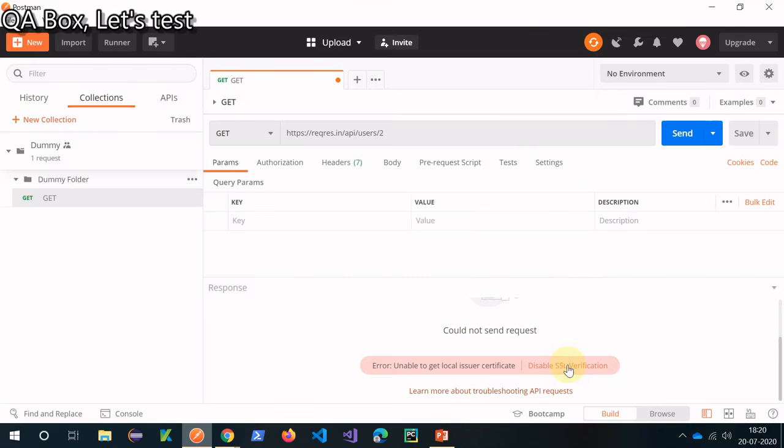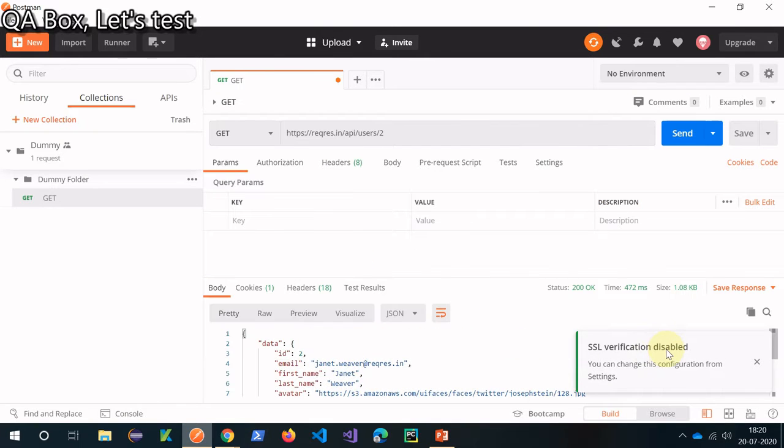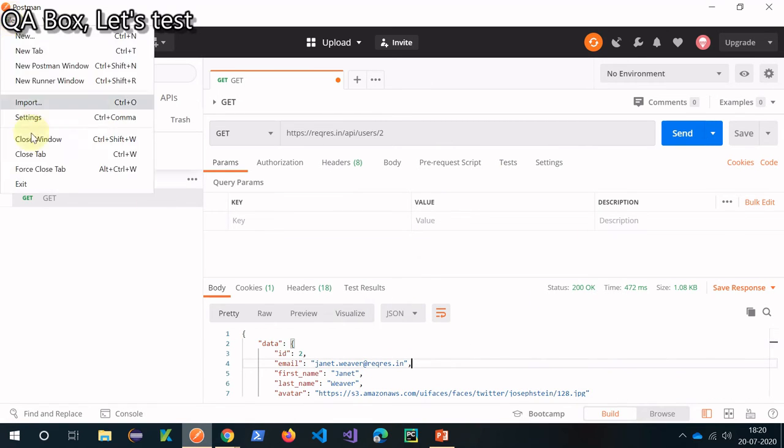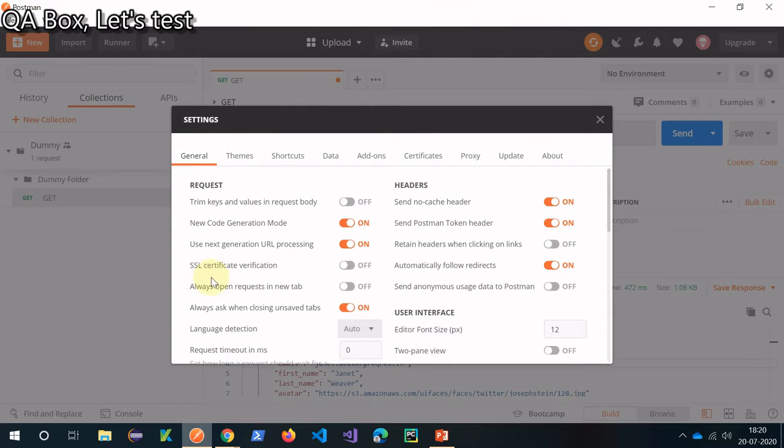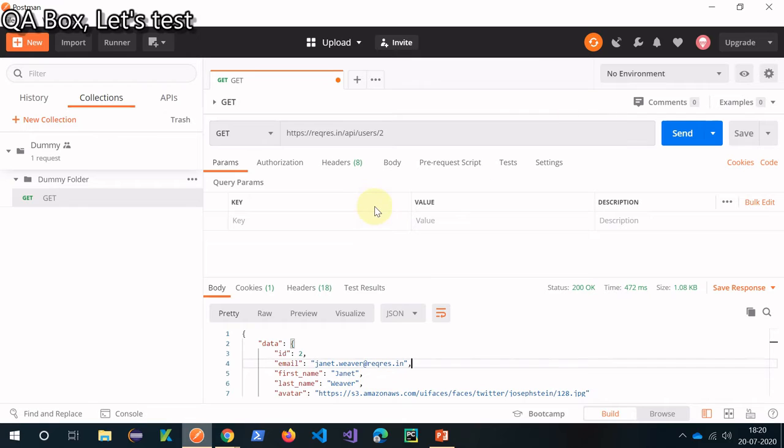Or you could simply click on that, and what it will do is disable it and automatically send the request. As you can see, now you are seeing the response, and if you go to the settings you see that it is now disabled. So you can pick any way you are comfortable with.